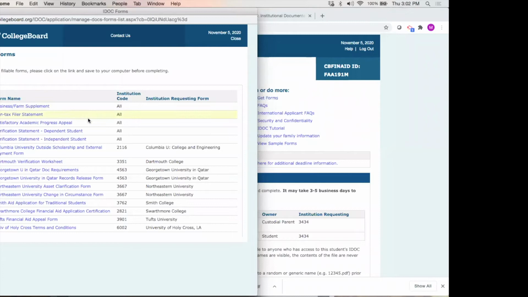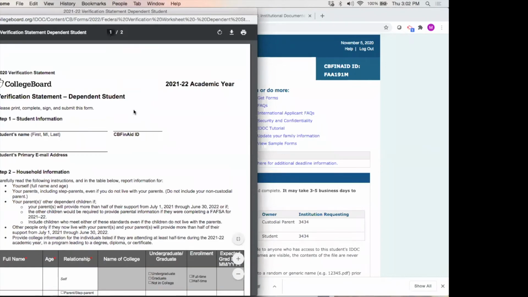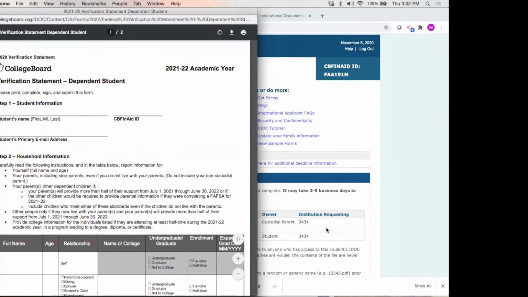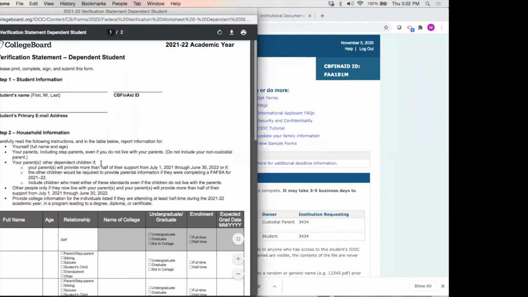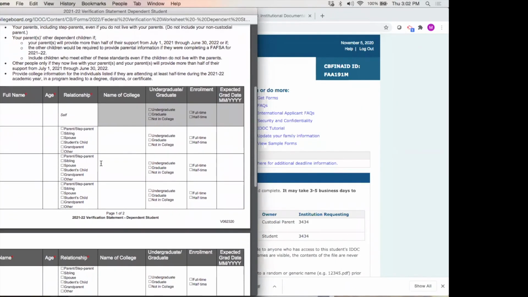Another fairly popular request is what's called a verification statement, right? So most of us are dependent students, and you can do this electronically. If it appears in here, it'll be electronic, kind of DocuSign, or you can print out this form, sign it